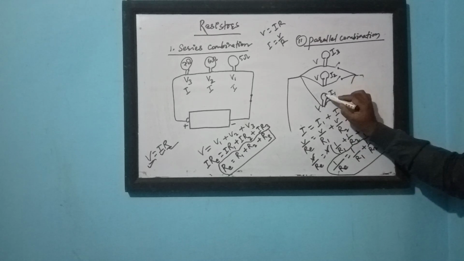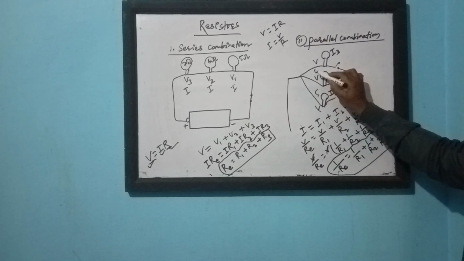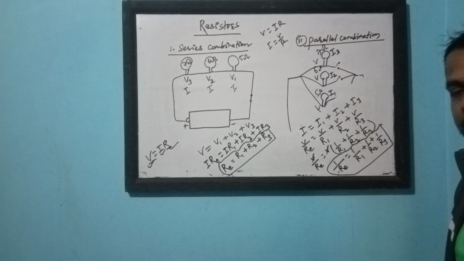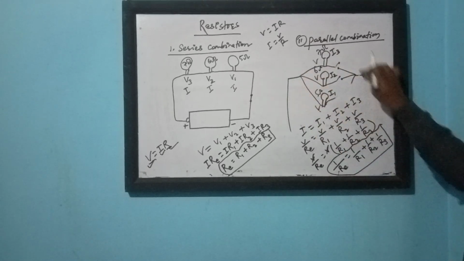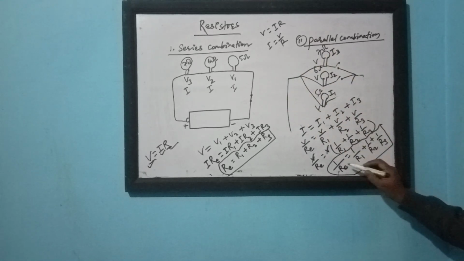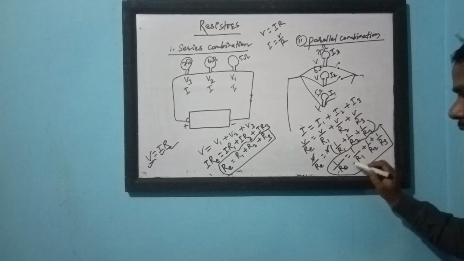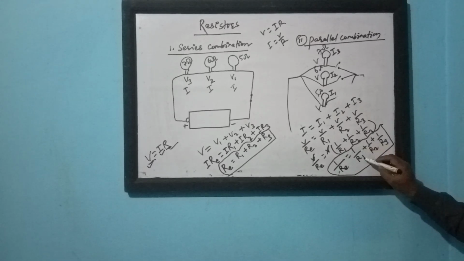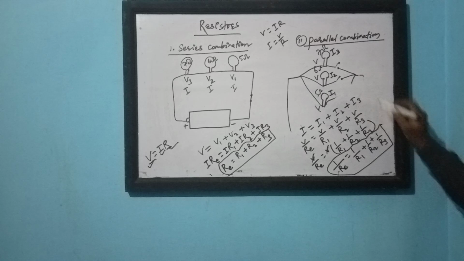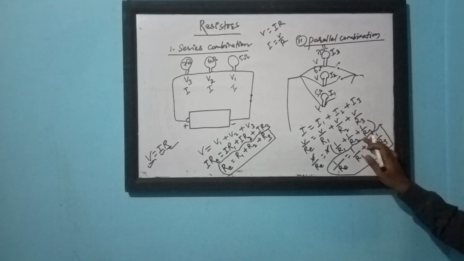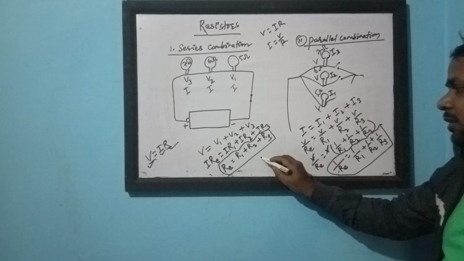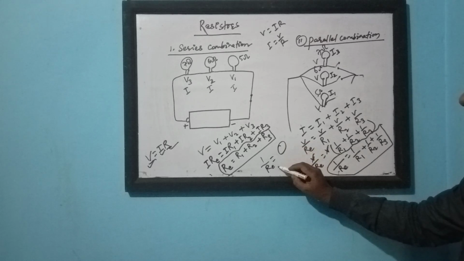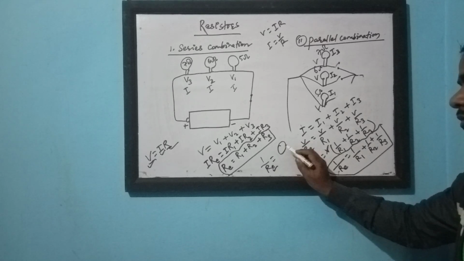In this parallel case, if the resistance values are given as 5 ohm, 6 ohm, and 7 ohm, and it is said to calculate the equivalent resistance of this circuit, then 1 by Re is equal to 1 by R1 plus 1 by R2 plus 1 by R3. Then 1 by 5, 1 by 6, 1 by 7. We will take the LCM and calculate it, and 1 by Re will come as some value, and we have to calculate the Re value. So 1 by